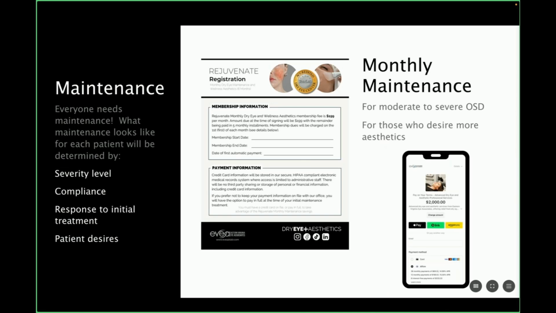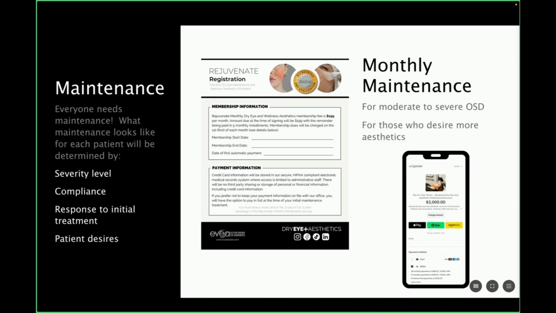We go as far as creating treatment goals for our patients. At the dry eval, our technicians are trained to find out, in the patient's own words, in simple terms, what a successful treatment looks like to that patient. And you'd be surprised at some of the responses we get. For some patients, it's as simple as, I want to stop tearing as much. Okay, great. We write that down in the chart.